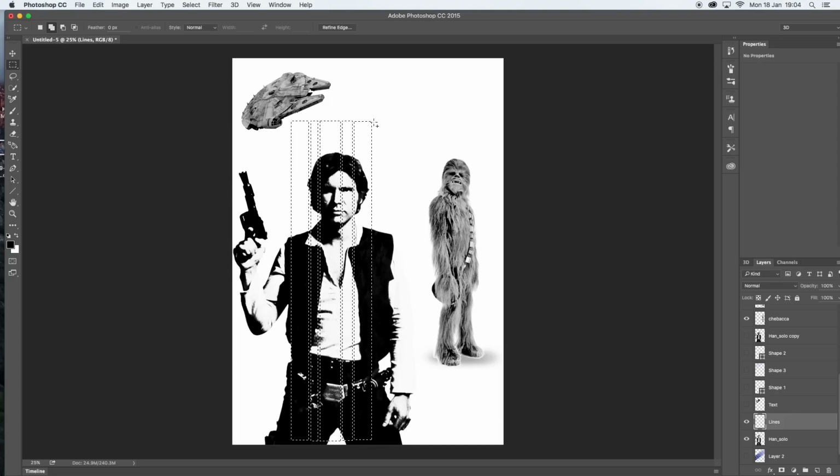You get the idea. Maybe one more small one. Okay, make sure we're on that line layer, and now you need to make a gradient. So the gradient selection is under the color,